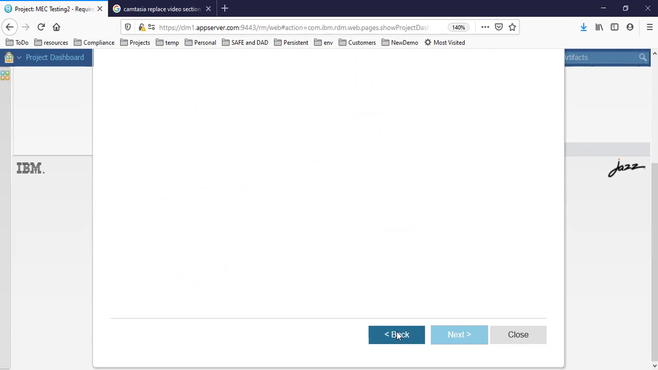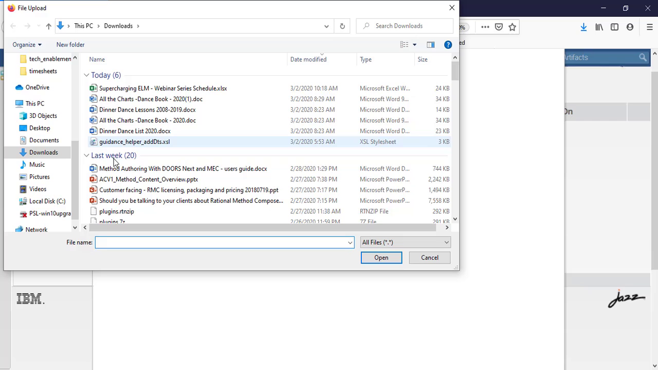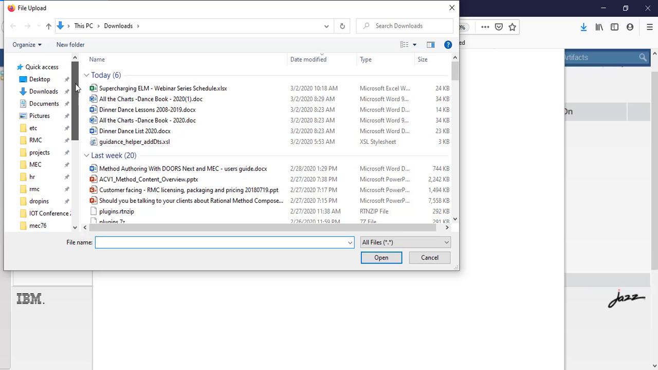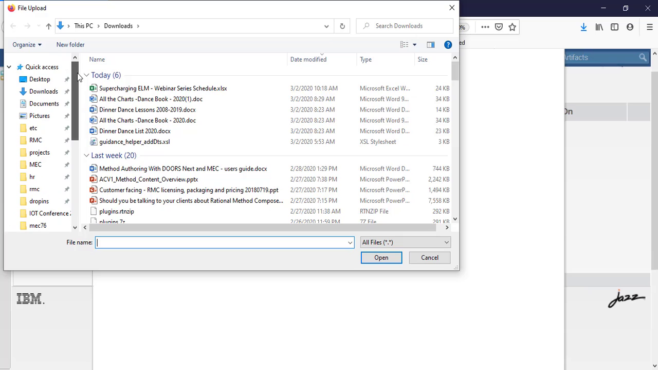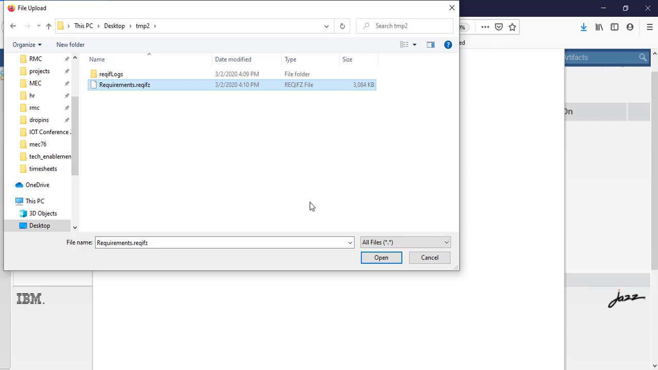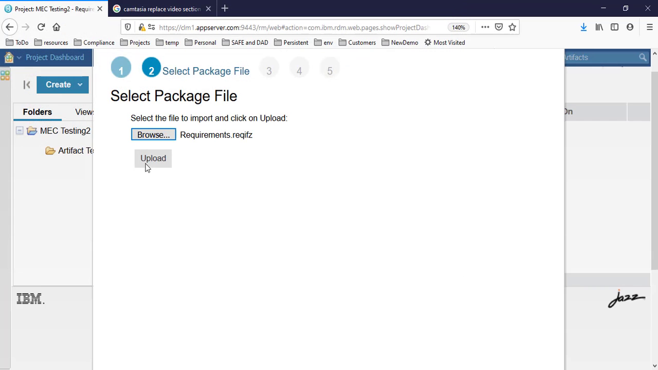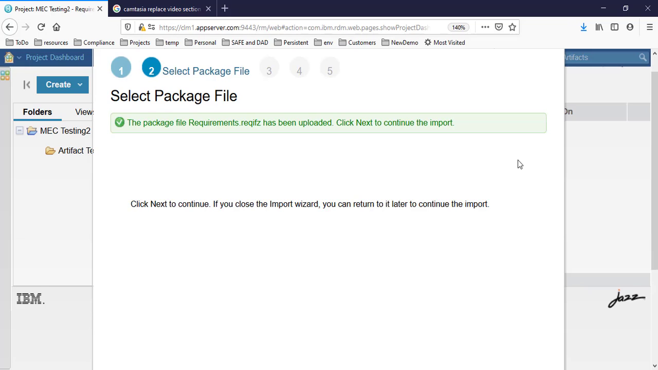Next, and I'm going to select the record file from where I exported it, which in my case is on my desktop, in the temp2 folder. Then I upload it, and then I click Next,